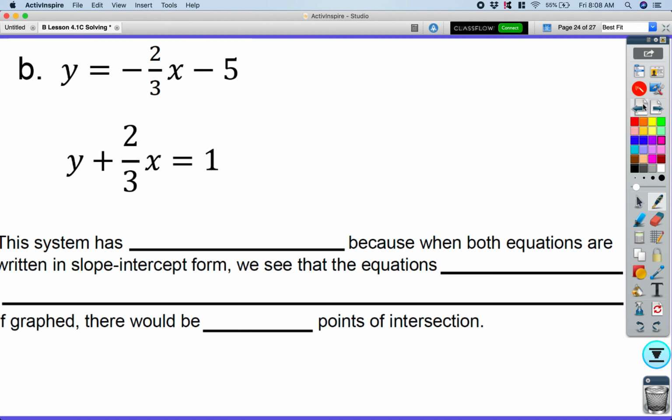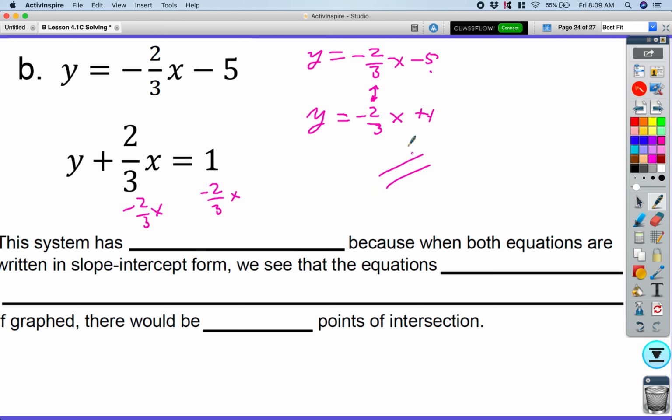All right, let's go and look at the next one. Same idea, let's convert this into slope-intercept form. Top one's already in slope-intercept form, that's great. Now let's go ahead and look at the bottom one. So we're going to get y all by itself to get the equation y equals negative 2/3 x plus 1. I check the slopes first, they're exactly the same, so therefore they're either going to be same line or parallel. So I just check the y-intercept and they're different, so that means that these two lines would be parallel. Same slope, different y-intercept. So this system has no solution,